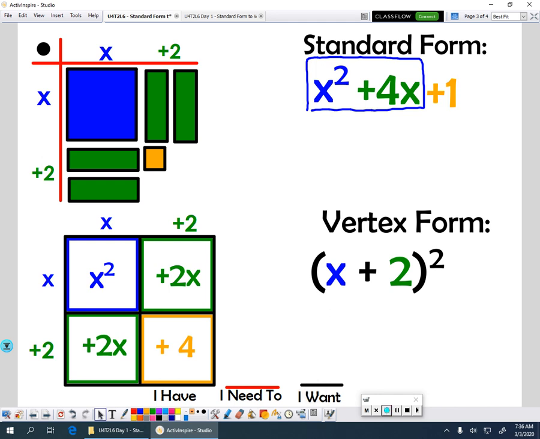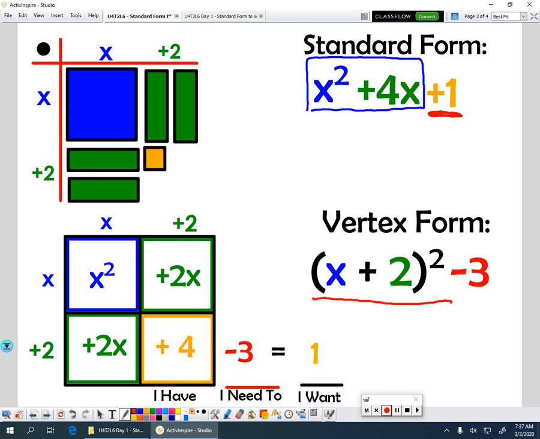What I actually want in the problem is 1. Remember, if you look up to your standard form, I don't want 4 units. I only want 1 unit. So what do I need to do to go from the 4 that I have to the 1 that I want? Well, what I need to do is subtract 3. So in my vertex form, I'm going to have this, which represents my perfect square,